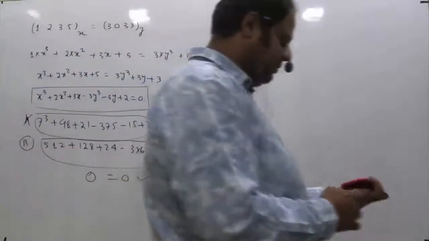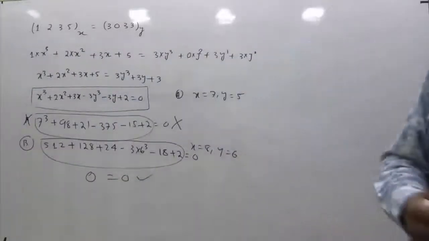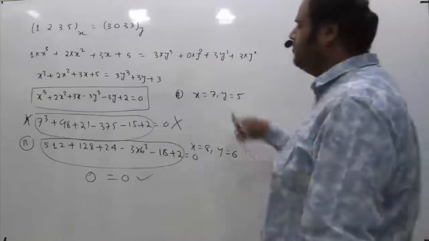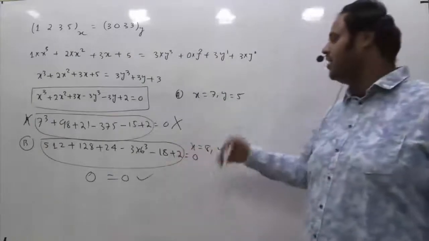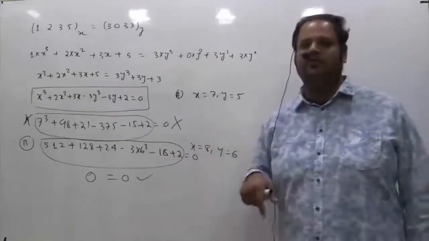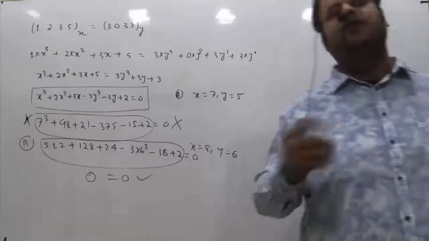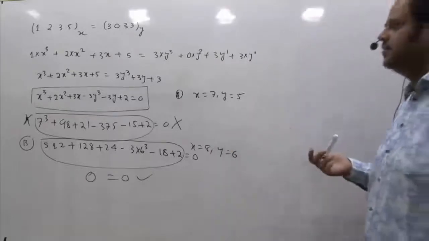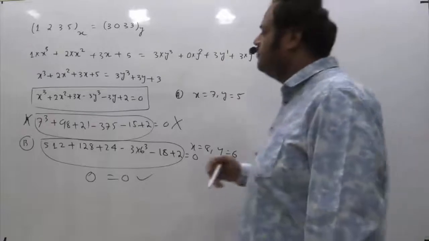You don't know which option will satisfy if you are going by hit and trial. So start with A and finally in B we are getting it. If it would not have been satisfied in B, then we would have gone through C. If not then D. So out of 4, any one will be satisfying. Okay.